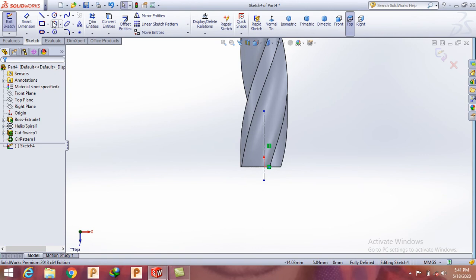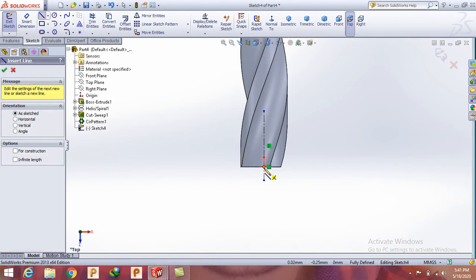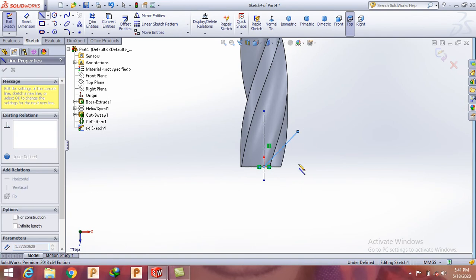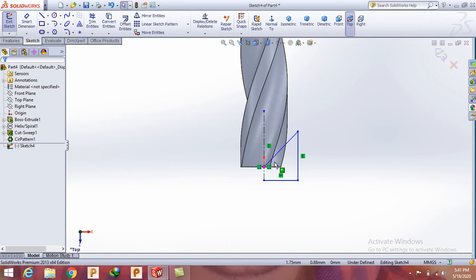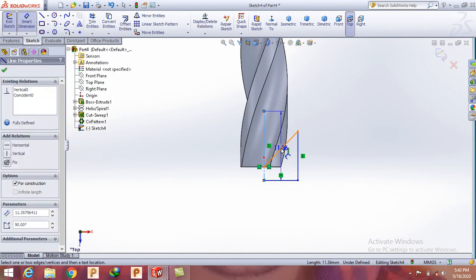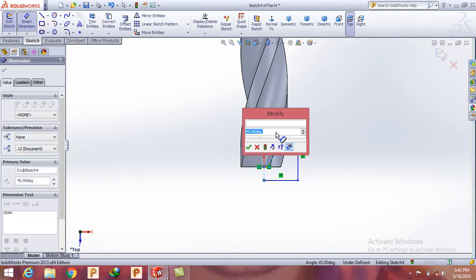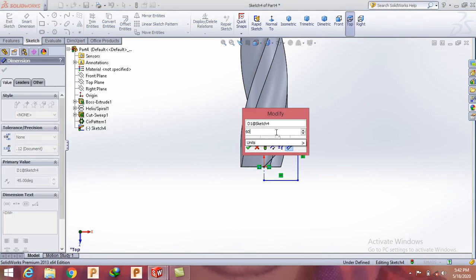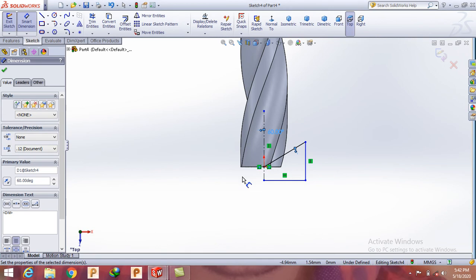And draw the simple profile, the revolve cutout profile, about which we will cut out this material. Go to smart dimension, just make an angle of 60-degree cutout, 60 degree. This twisted drill will be of 120-degree angle.